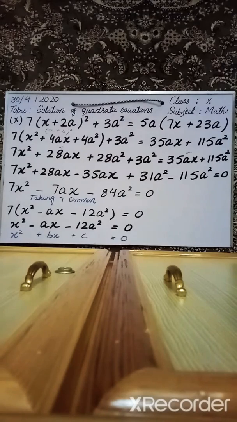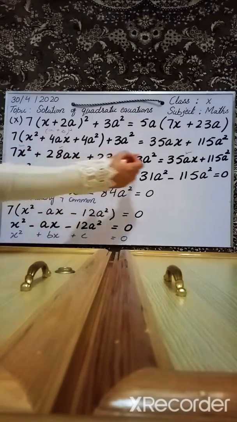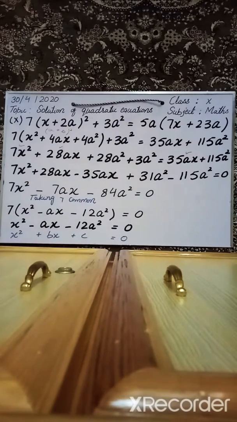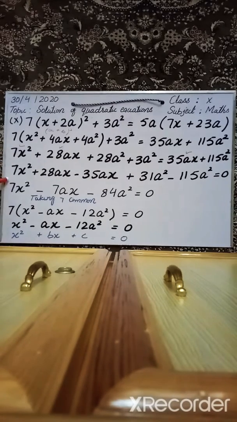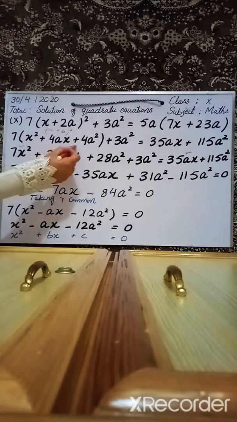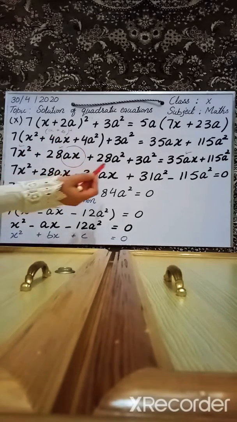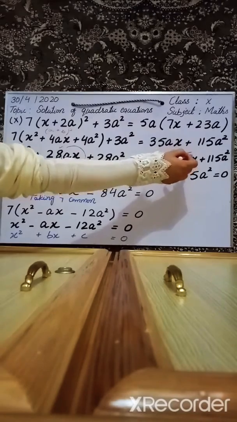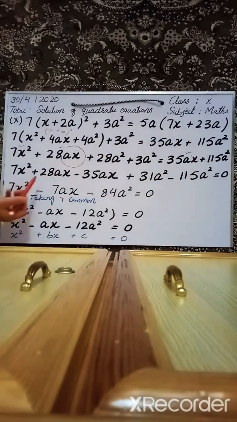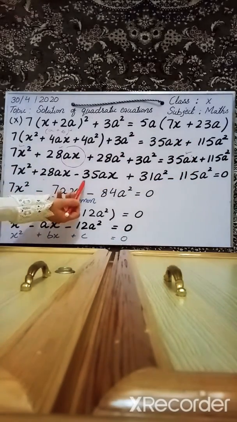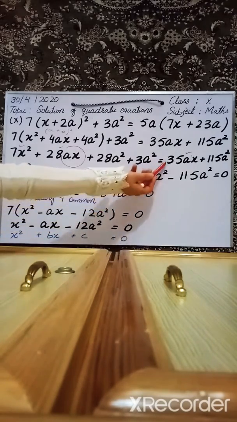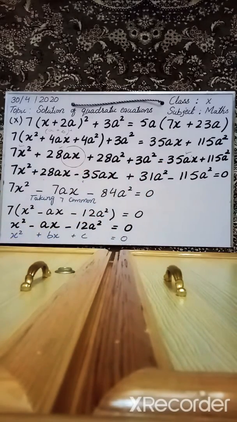Now what is the next step? As we know, after multiplication we can see what the like terms are, so we can add them. As we can see here, there's 7x squared. We don't have any other x squared there, so 7x squared can be written as it is. But if we just see ax, any other term with ax is written over here, 35. So 28 can be further solved with 35. 35 is with plus, and this side it will get the minus sign.